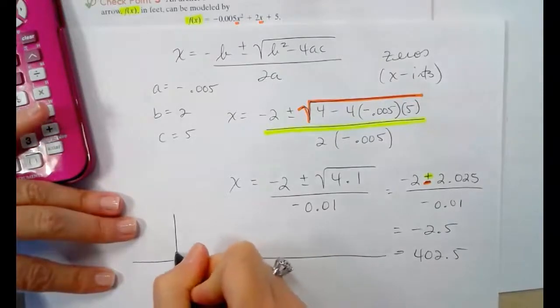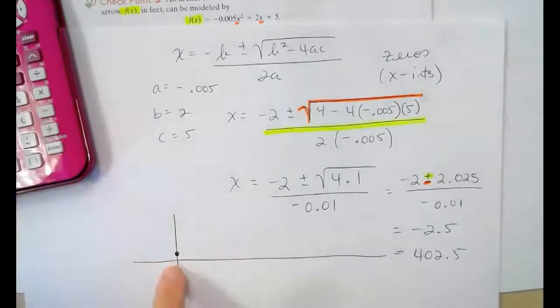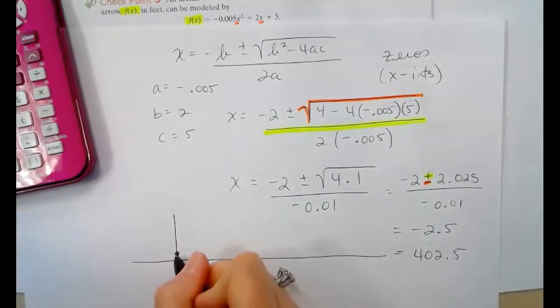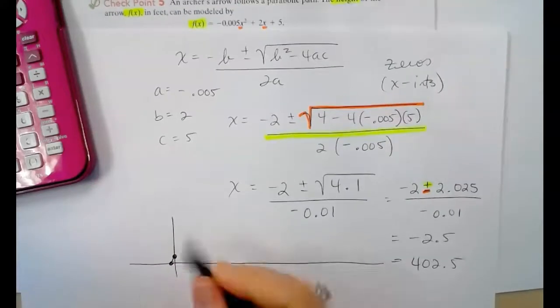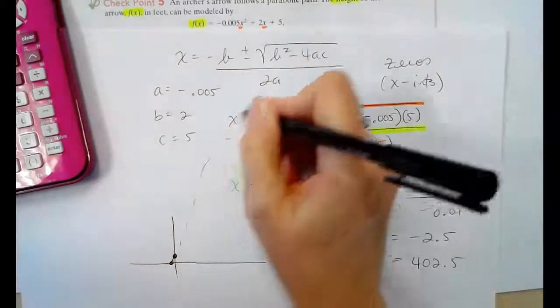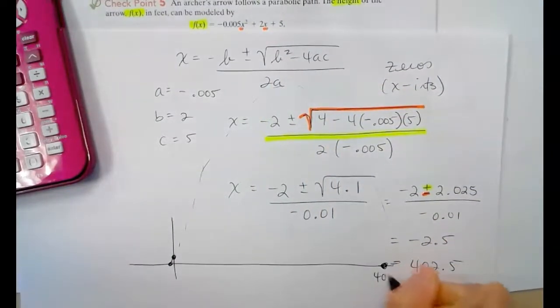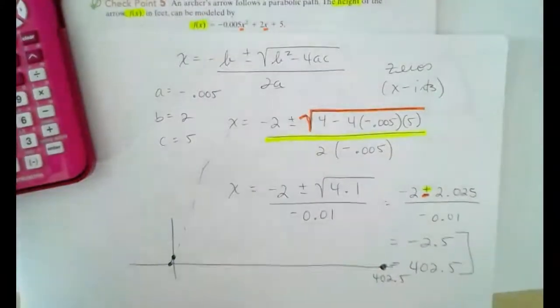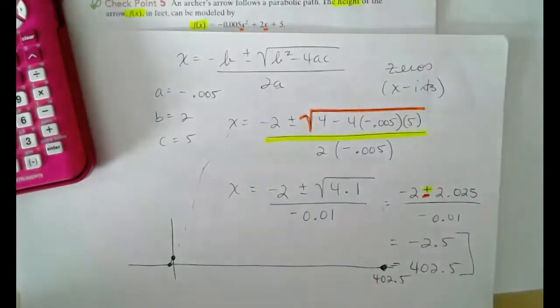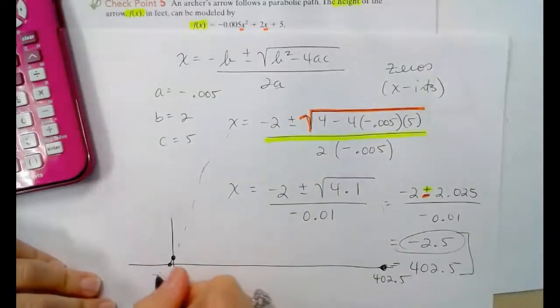So basically, here is where the archer is when he pulls the bow back, which means if we were to continue our parabolic motion, it would go all the way across. And then we're all the way over here at 402.5. So what we've got to do is find the absolute value of the distance in between those two numbers. So if we start out at negative 2.5 and go all the way across,